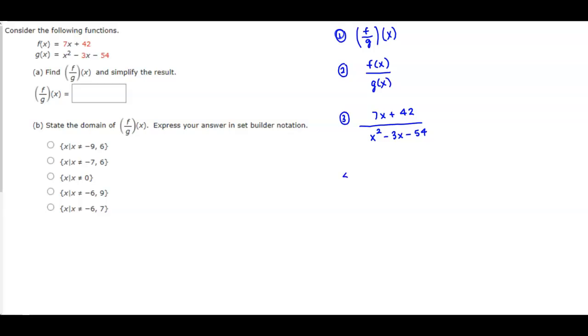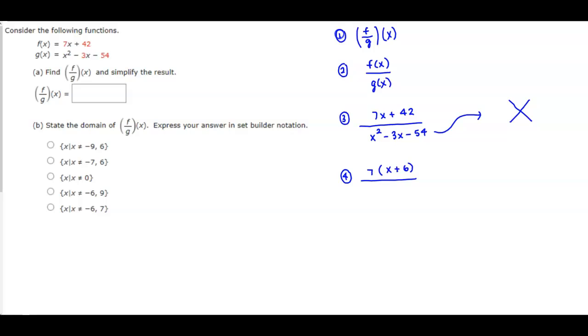So now what we want to do is we need to factor the numerator and the denominator and see if we can simplify anything. So what we can do is we can factor out the 7 in the numerator, and what's left is x plus 6. And now in our denominator we have a trinomial, and so we can factor this by saying, okay,